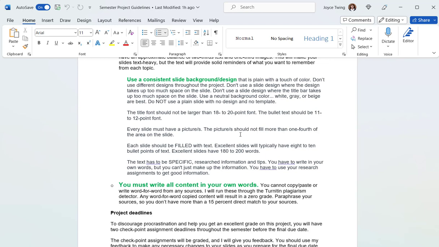You're going to write it in your own words. I am going to run the checkpoint assignments as well as the final semester project through the Turnitin plagiarism checker. And you shouldn't have more than a 10 to 15% direct match to your sources. So that means you have to write in your own words. And you're